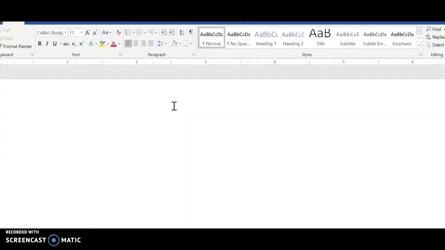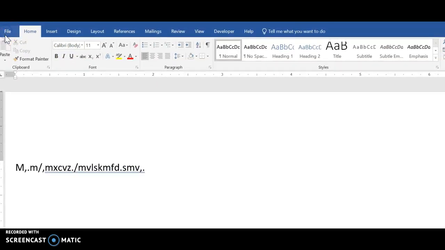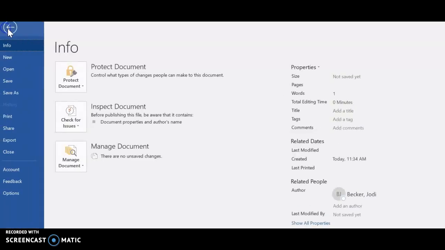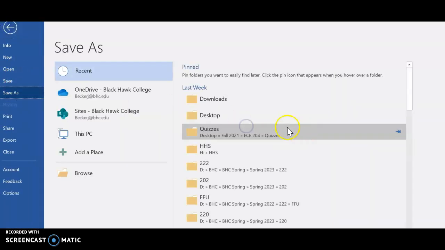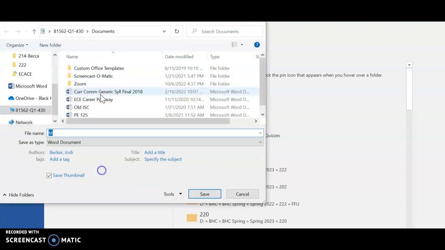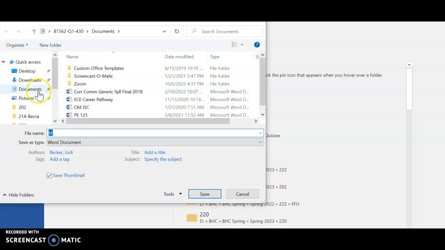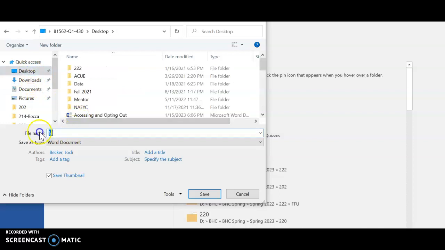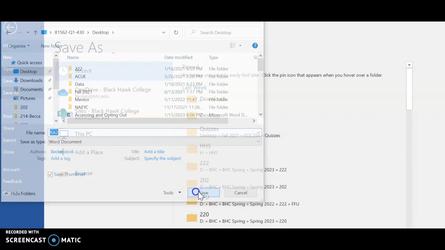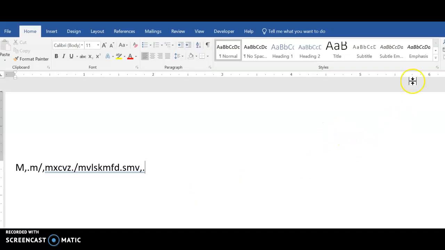You're going to type up your reading analysis 2, and then you're going to save that. So like I'm going to save it to my desktop here. I'm going to call it RA2, and that's saved. All right, so now